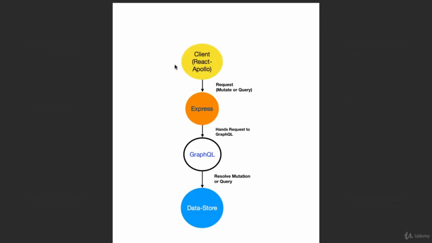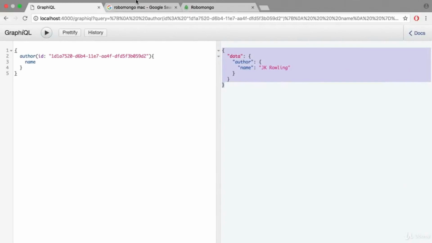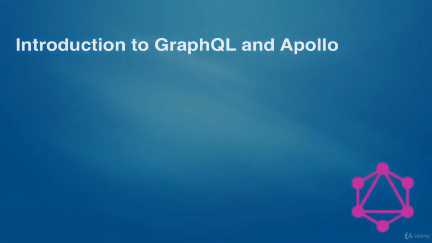The only missing component of the course before we start moving on to making our Twitter application is how to set up a React Apollo client. Right now we're using the GraphQL query editor to mutate and make query requests, but we want to make these requests from an actual client which actually modifies the user interface of this page according to how we want our application